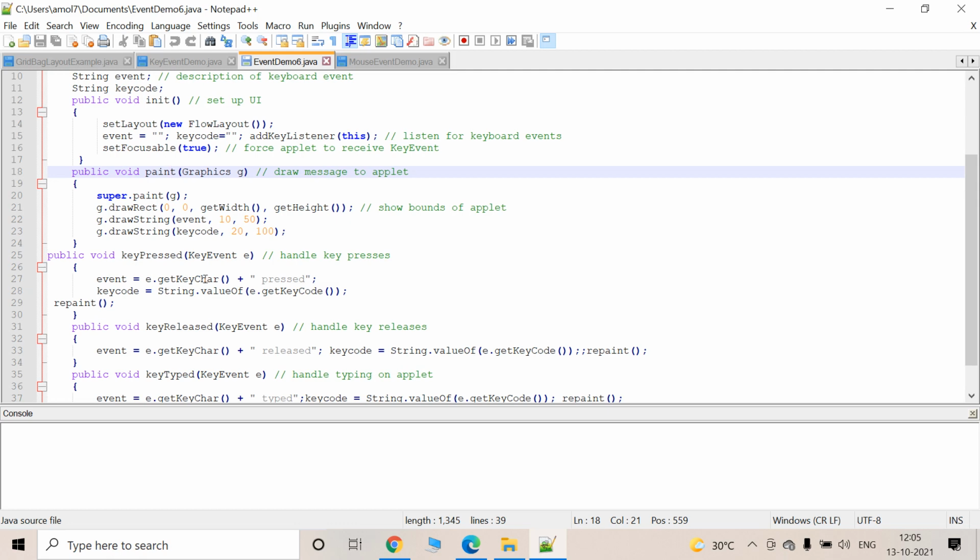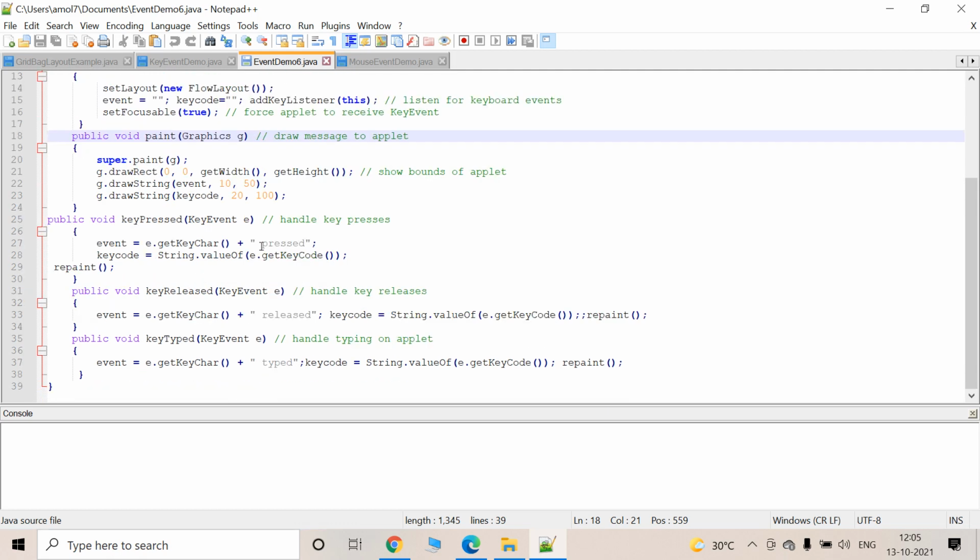This getKeyChar method will return the character value of the key. Means this string will be shown, character value of the key plus pressed. Then keyCode is initialized to String.valueOf e.getKeyCode. This String.valueOf method returns the string equivalent of the key code. Okay.